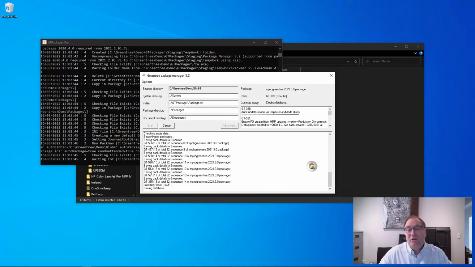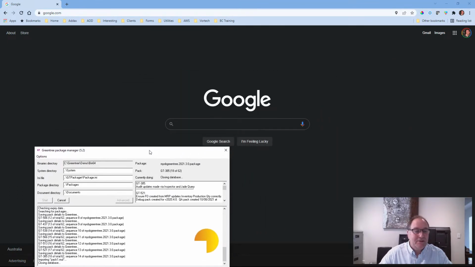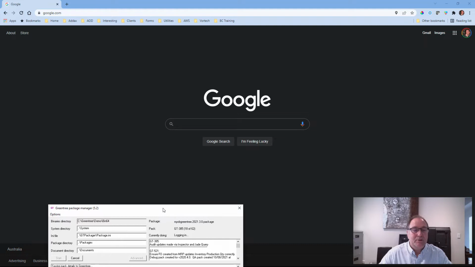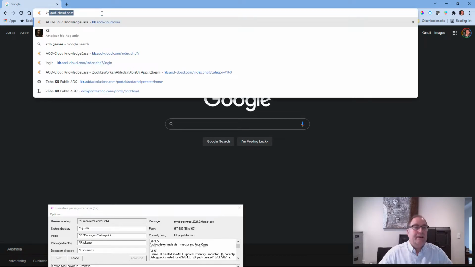However, there are a lot of other things that this utility can do. If I open up a Google window, that's going to be in the way, isn't it? Let's see if we can just move that down there a little bit while it's packaging. It will quite often pop up. And we'll go to our